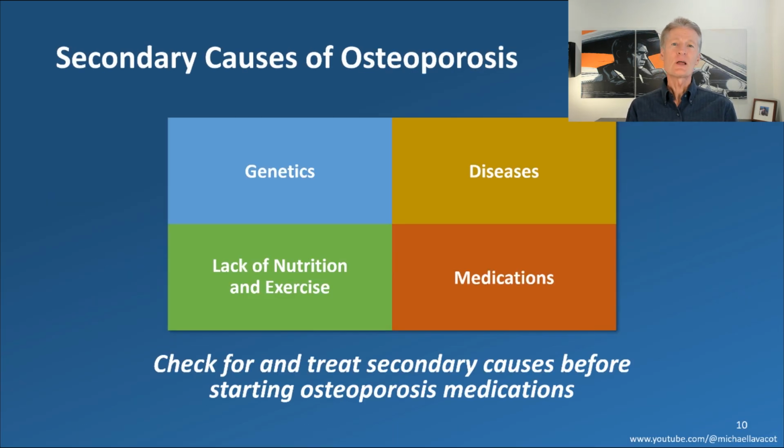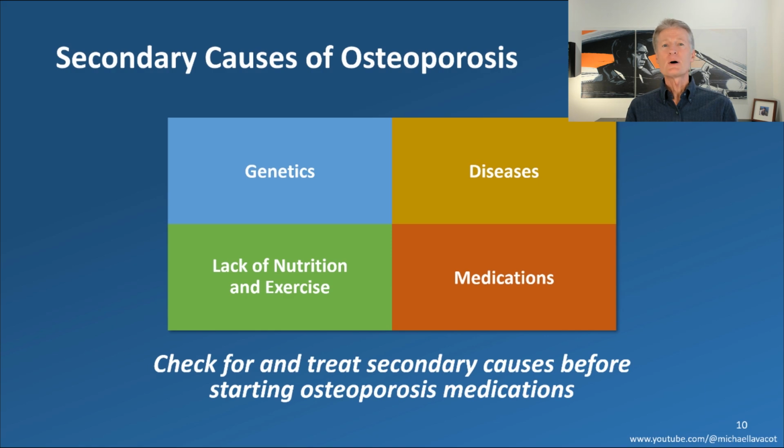All right, so it's not just the loss of estrogen, or aging for that matter, that causes osteoporosis. There are a lot of other reasons, genetics being one of them, right? You should have picked better parents. Diseases, and there are some specific ones for osteoporosis, like hyperparathyroidism or hypercalciuria, and other diseases as well. Lack of nutrition and exercise, right? Maybe you didn't reach that peak because you weren't getting enough calcium, you weren't getting enough vitamin D, or maybe you just weren't active enough, and the activity helps build bones. So then when you hit menopause at that -1 mark, down you go to osteoporosis.